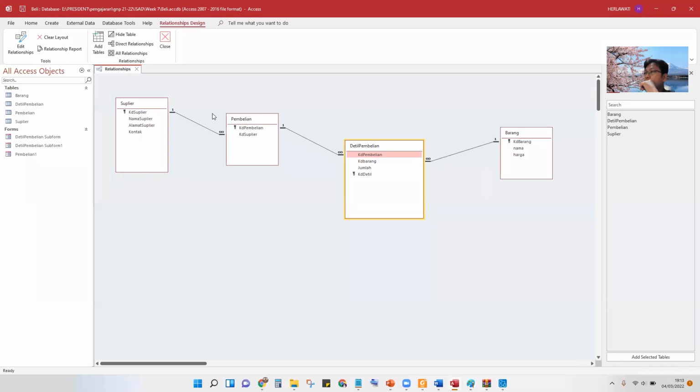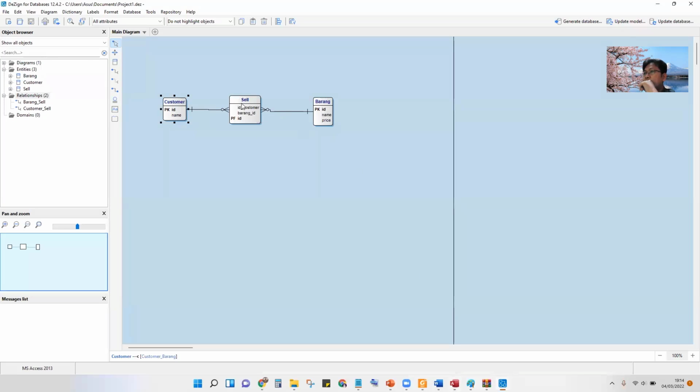Oh, this is not selling, this is buying. For example, we buy something from a supplier. Buying has an ID buy, and then we do not go directly to the items, because if you use it directly here, we only buy or sell one item.